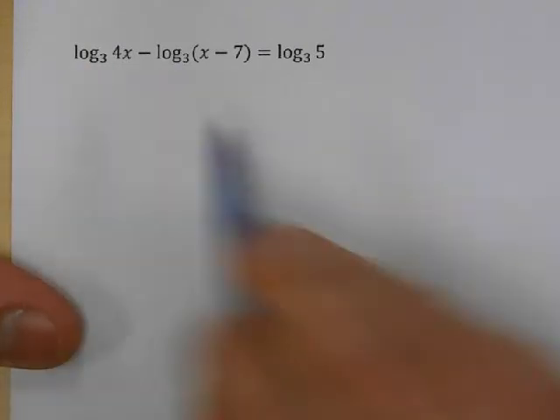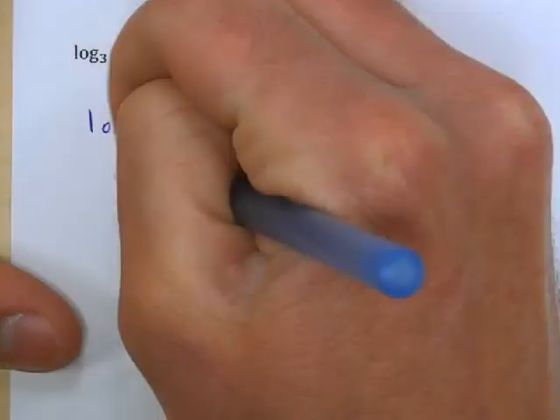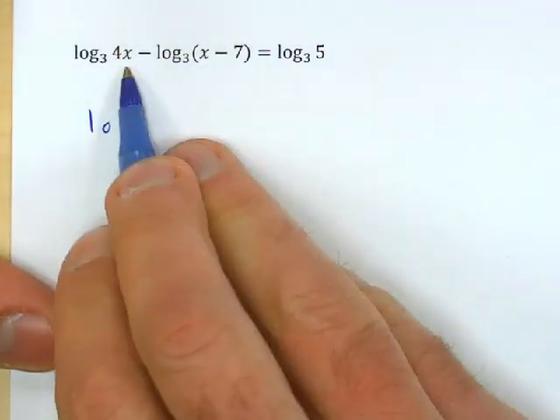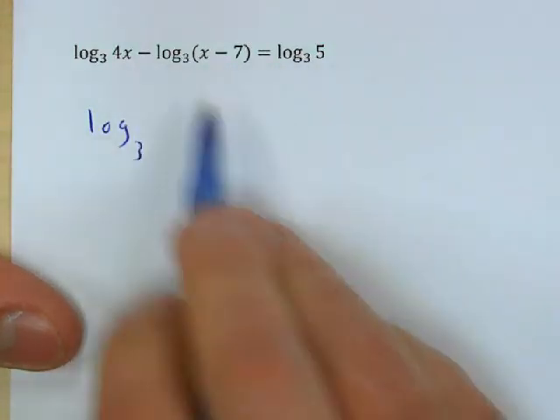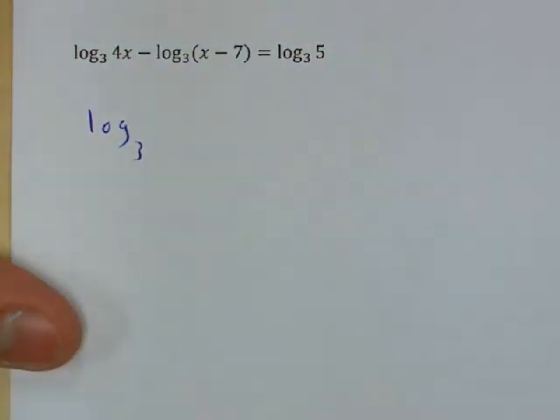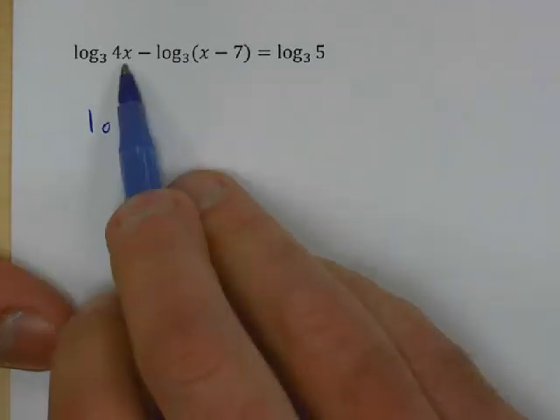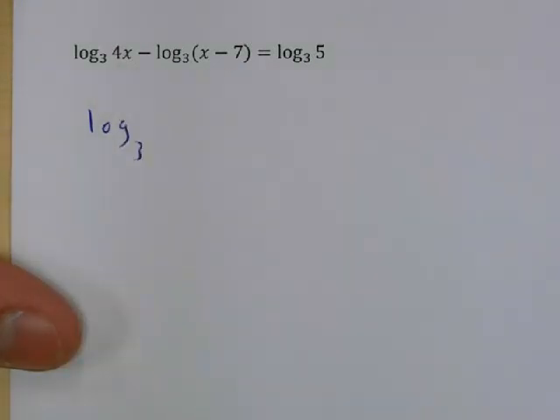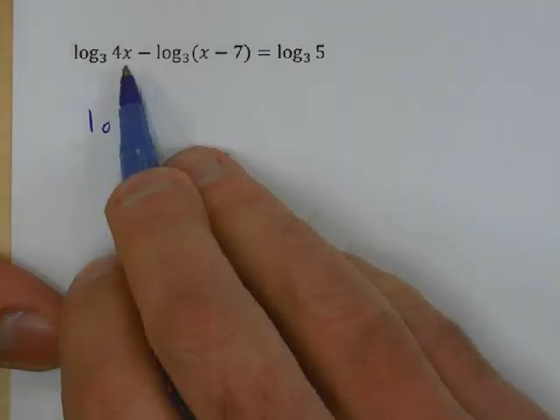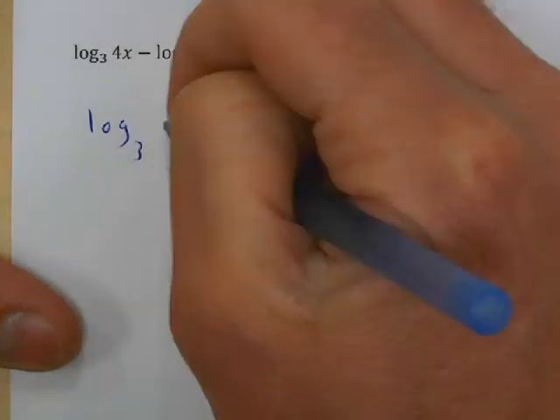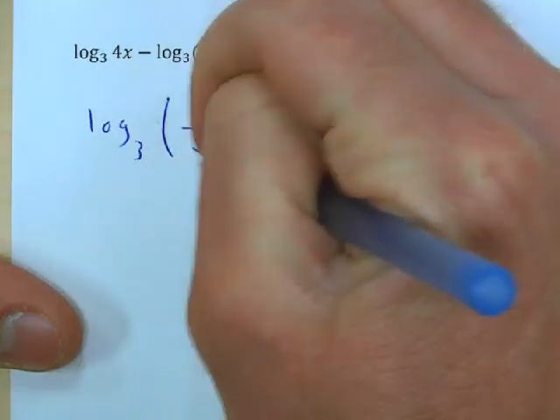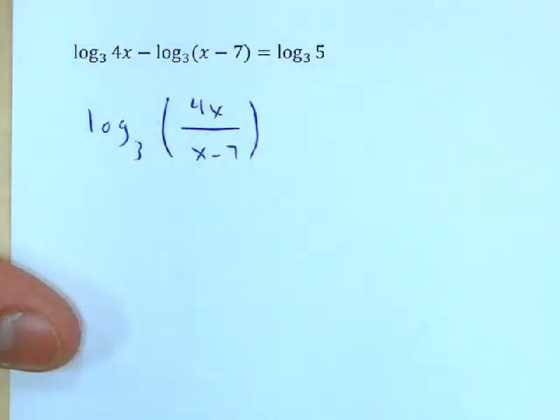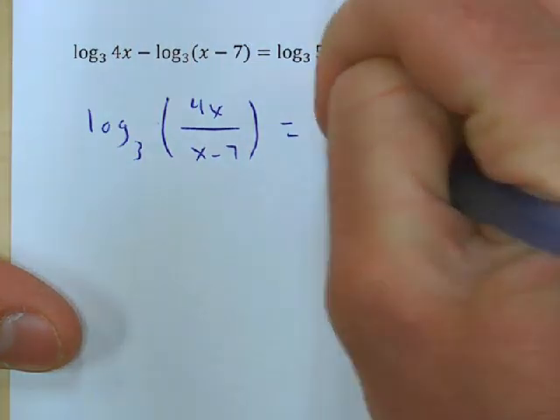Okay, well, I want to combine them to one log, so let's start by writing log one time. It's base 3, that's not going to change. And then since I got 4x here and x minus 7 here, that doesn't really matter, but since I'm subtracting the two logs, that part does matter. Then what am I going to do with the 4x and the x minus 7? Well, we're going to divide. And remember, it's always the first thing divided by the second thing. So then this is going to be the log of 4x over x minus 7 base 3 equals the log